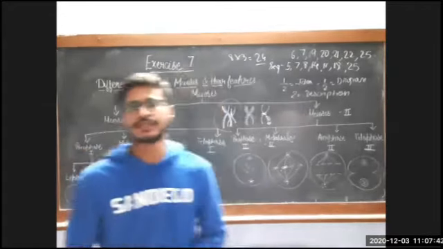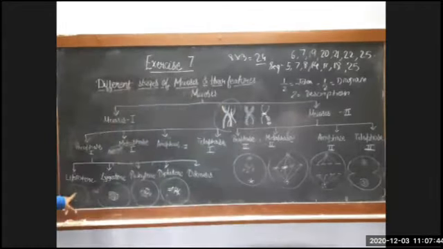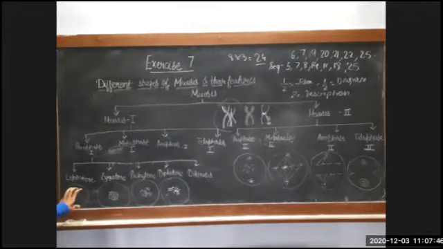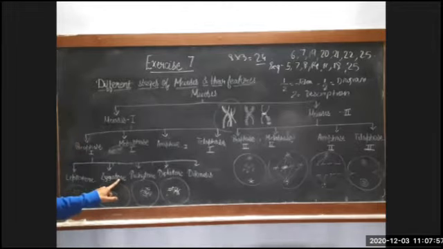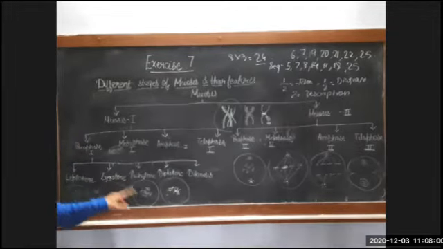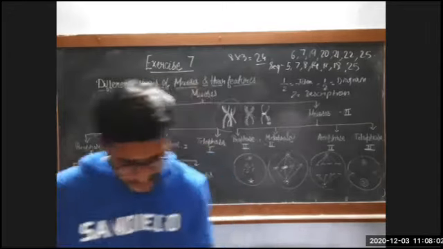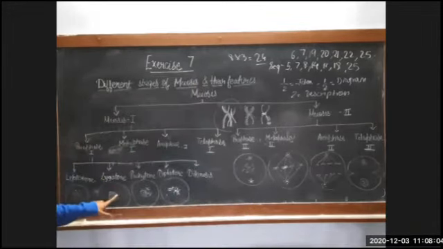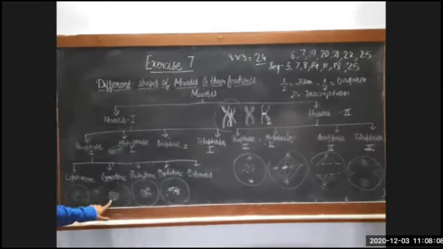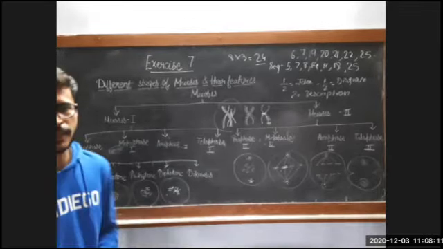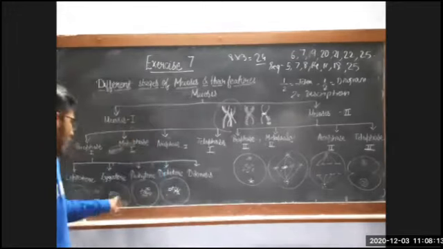So what happens in this? In leptotene, the nucleolus and nuclear membrane are not clearly organized. You can see that they are not clearly organized. Then comes the zygotene stage. From the word zygon, we can see that it is paired. In zygotene, it becomes a bit thick, and here it turns bivalent.